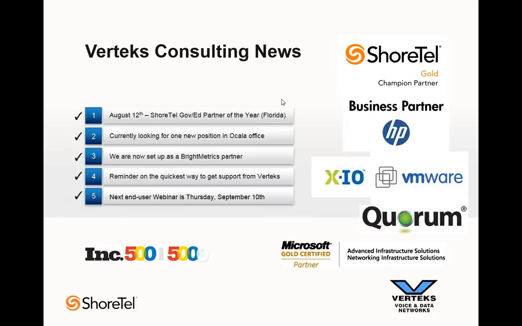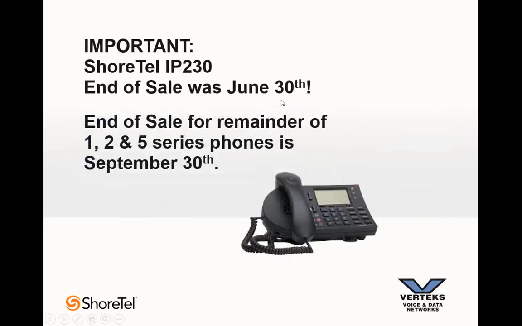So one important product note I want to mention, the old ShoreTel handsets, the 1, 2, and 5 series are going away. The end of sale for the IP230 was back on June 30th, and they are actually out of that product now. The end of sale for the remainder of the 1, 2, and 5 series phones is slated for September 30th. If you're using 230Gs with a VPN concentrator, this is very important, you should